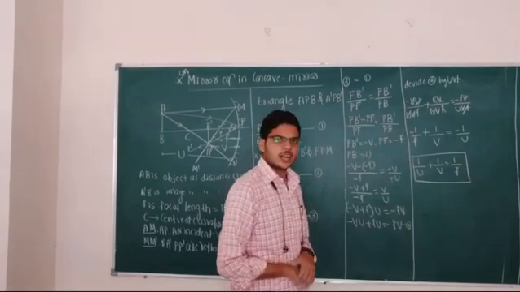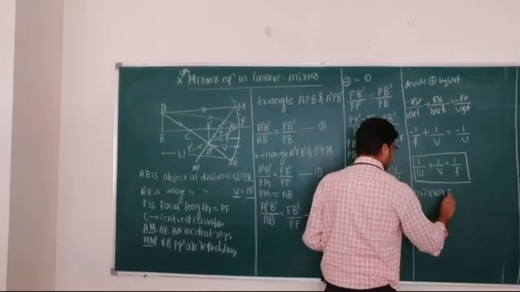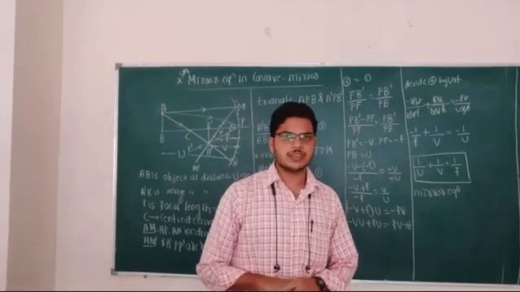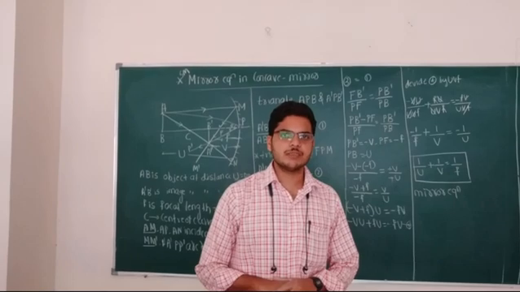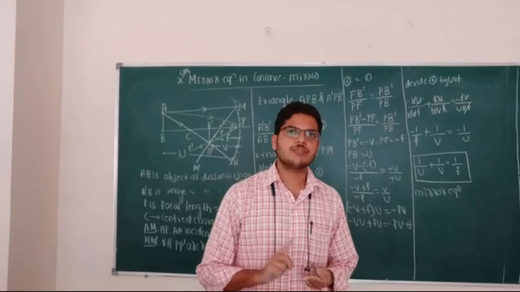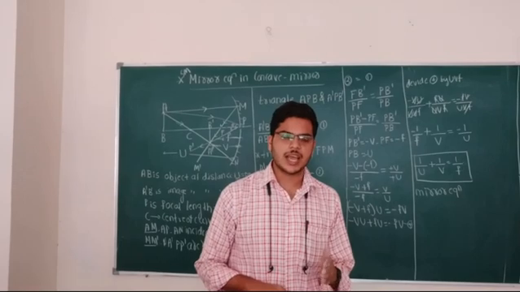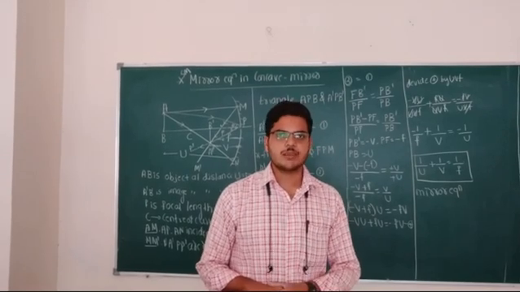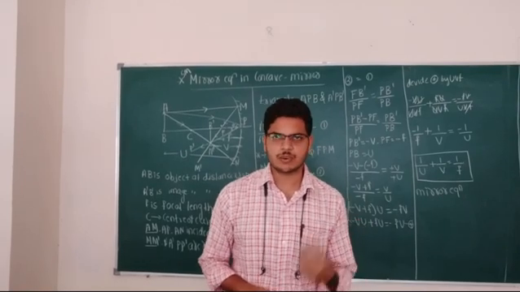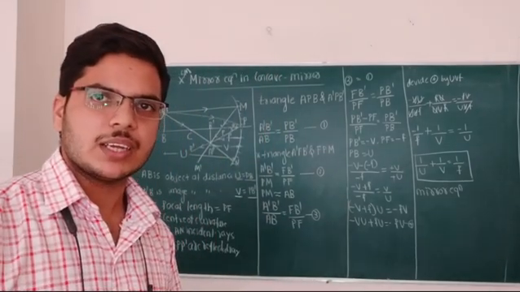This equation is called the mirror equation. Is it clear? This equation is called the mirror equation because by knowing the object distance u and image distance v, we can calculate the focal length of the concave mirror. Or sometimes they give the object distance and the focal length. By knowing these things, we must calculate where the image is formed. This is about the mirror equation. It is very important for 5 marks in the annual examination.